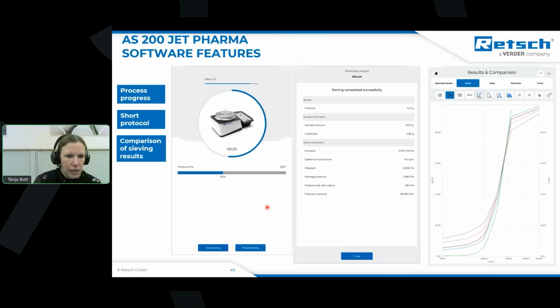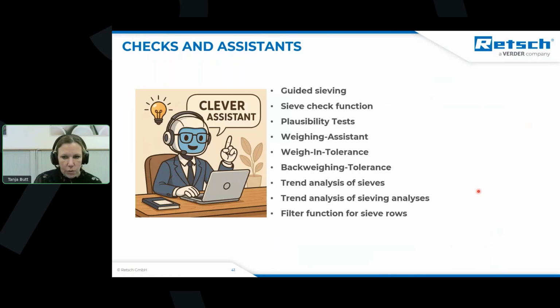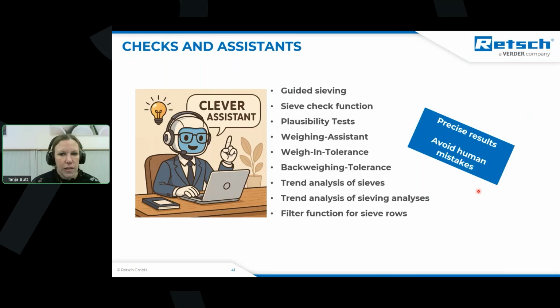Some screenshots again, with the sieving progress here, the results, and the overlay results of different sieving processes. And the clever assistants, so we have many of them, and all of them are designed for as precise results as you can get and avoid human mistakes. For example, the guided sieving, as I showed you before, but there's also, for